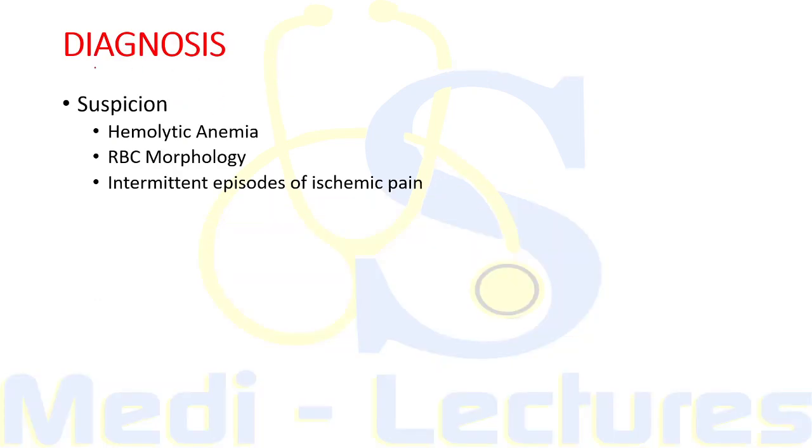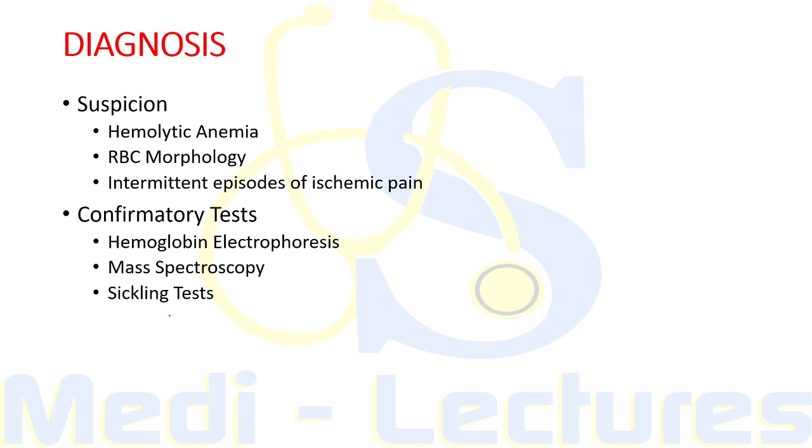Now coming on to the diagnosis part. So the suspicion should be raised in the patient who is presenting with hemolytic anemia, RBC morphology showing sickle cells, target cells and other features, and intermittent episodes of ischemic pain. So these candidates are having suspicion for sickle cell disease. Now diagnosis is confirmed by hemoglobin electrophoresis, as we have discussed in the previous slides, mass spectroscopy and some sickling